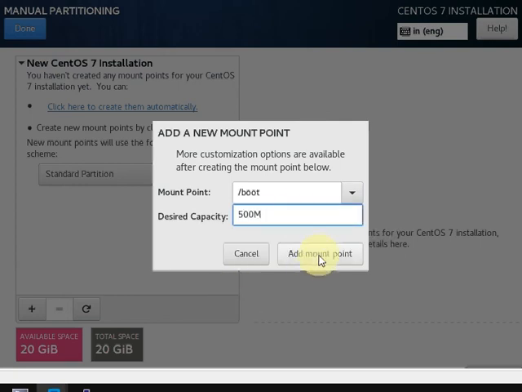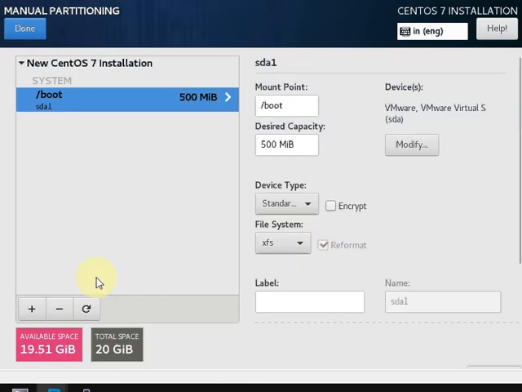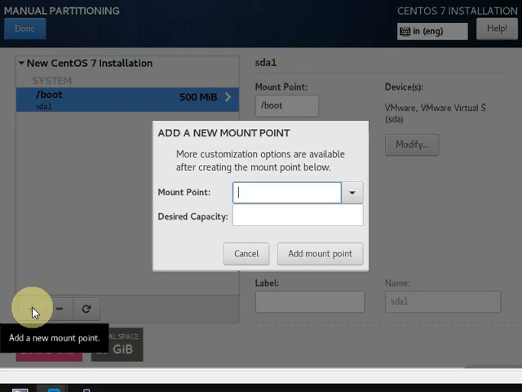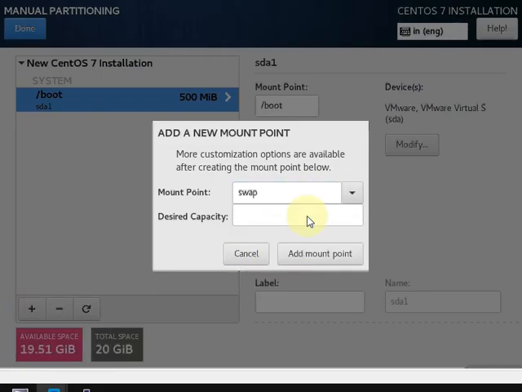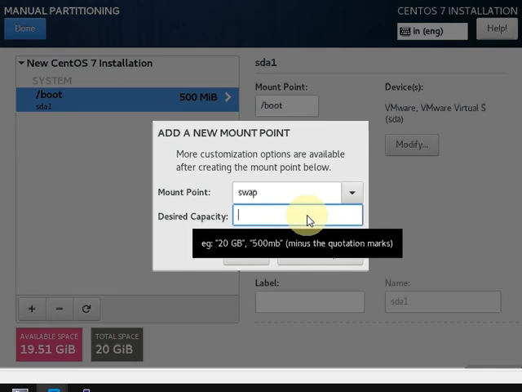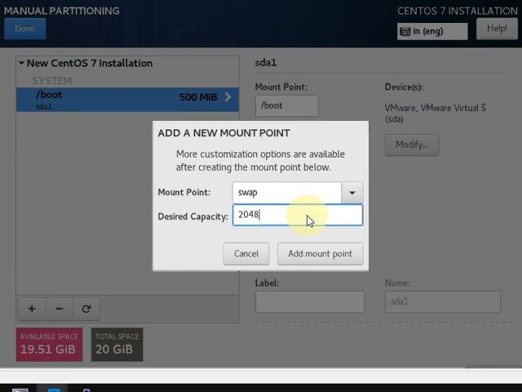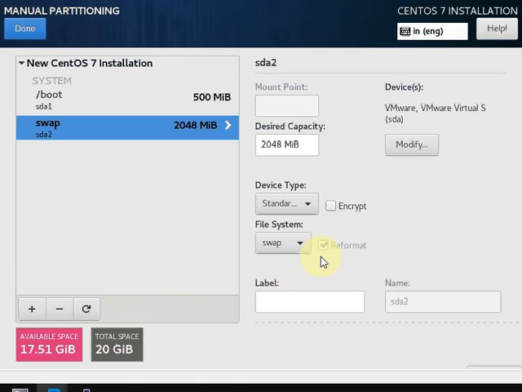It is sufficient for CentOS 7. Add mount point. Now you need to create a swap partition. Click on the plus sign, select swap, give the size whatever is recommended, 2048 M. I am giving this just for testing. Add mount point.